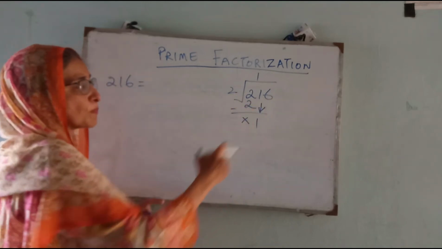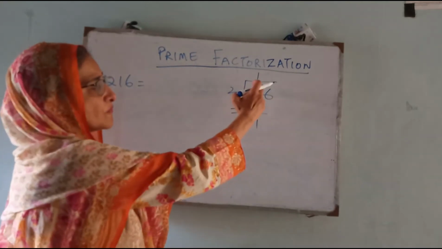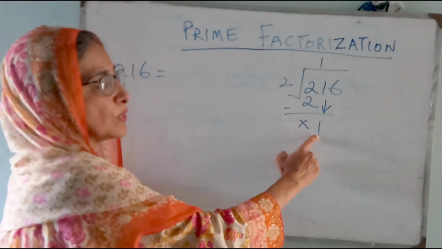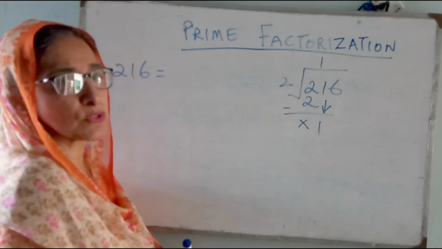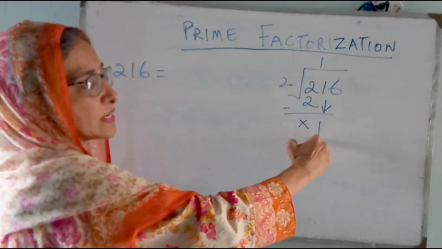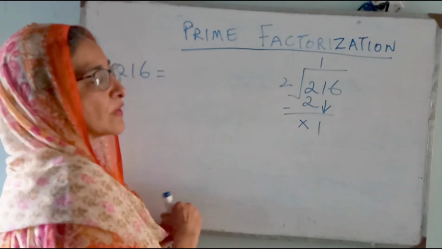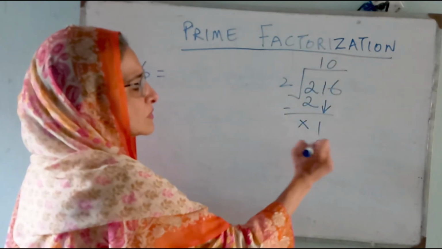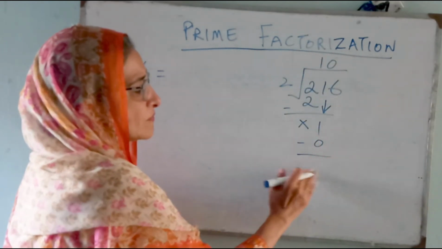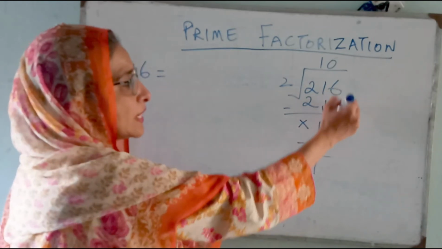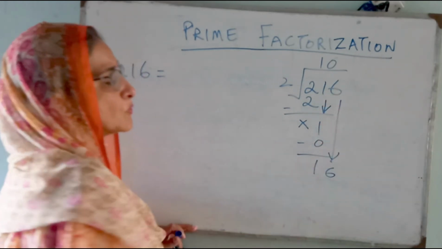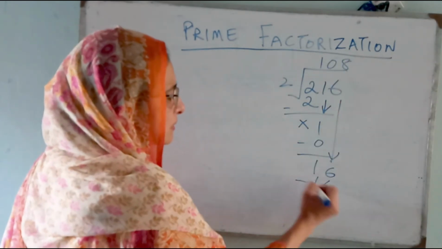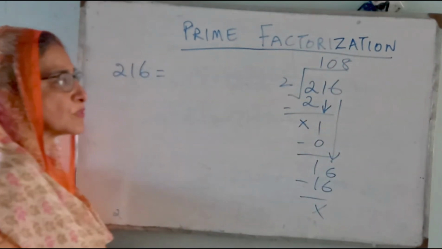So instead of copying this 6 here, if we have noted it, this 1 is not divisible by 2, and we have to copy the number from the top. Whenever we take a number from the top and we cannot divide it, what we are going to do is, 2 zeros are 0. We have to do this, and then in the third step we are going to copy this 6, and 2 8s are 16. This is how we are going to divide it.